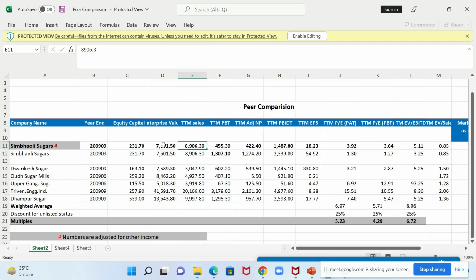If I'm getting fewer hits in that 20%, I'll increase it to say 30%. If I'm getting a very high number of hits in 20%, I'll reduce it to 10%. So it's basically getting as close to your main company as possible. So see over here, Triveni, it is more than twice the size. So ideally, I'll exclude it. I purposefully added it just to show you. Given it's very high, I'll exclude it. The others are either in the 50% plus minus range.